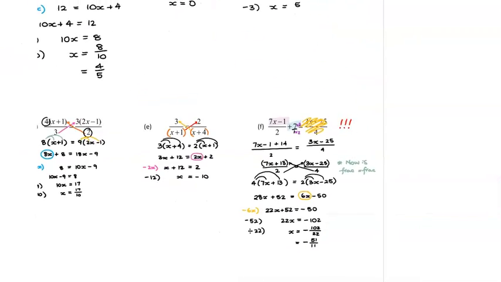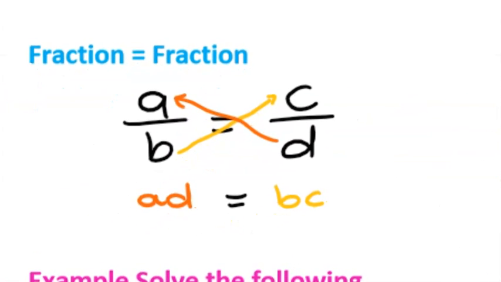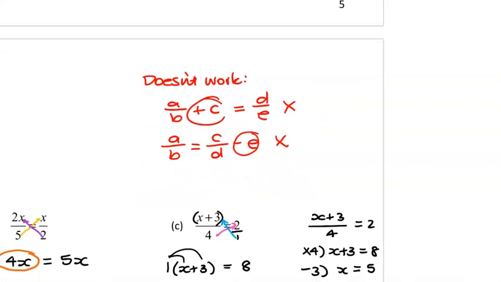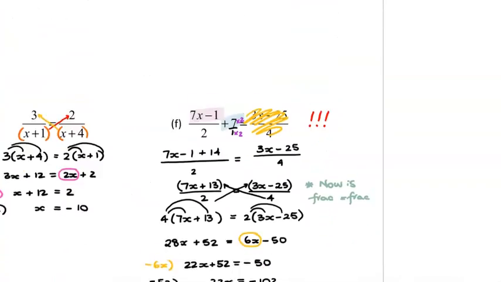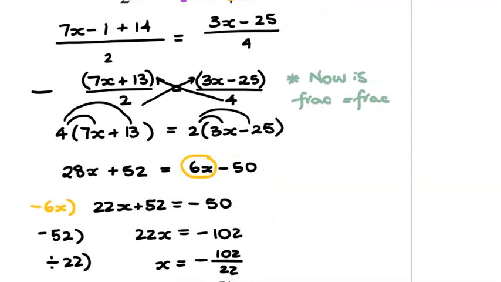So as a reminder, with this style of question, we always wanted a situation where we had a fraction equal to a fraction. Then we were able to solve this by doing the numerator of one fraction times the denominator of the other and set those both equal to each other. We cannot use this technique if we don't have a simple fraction equals fraction situation, although, as we saw in part F here, we can actually manipulate this to result in a fraction equals fraction situation,